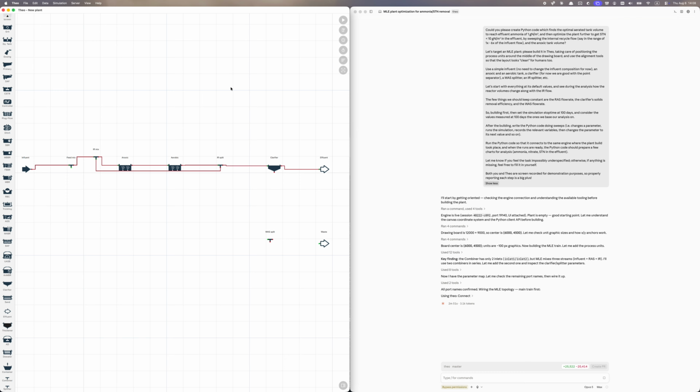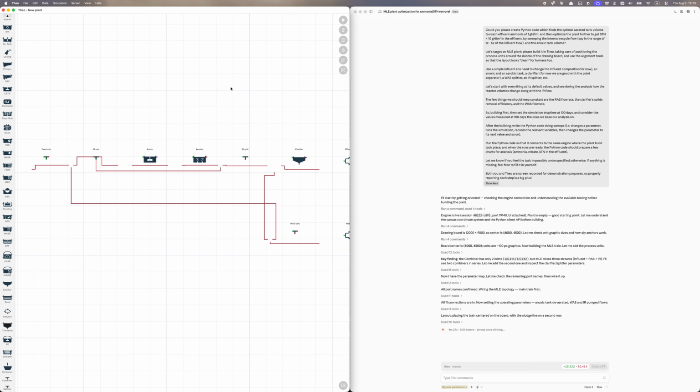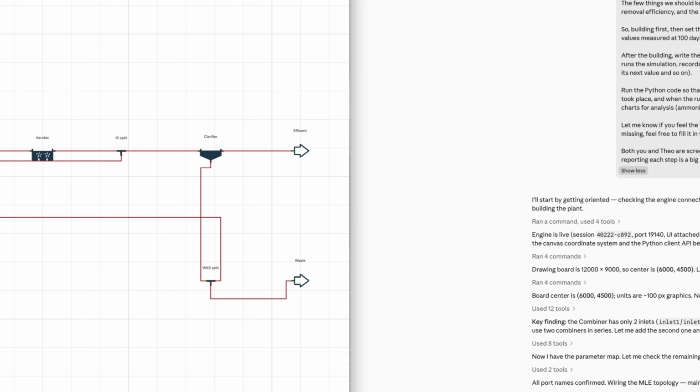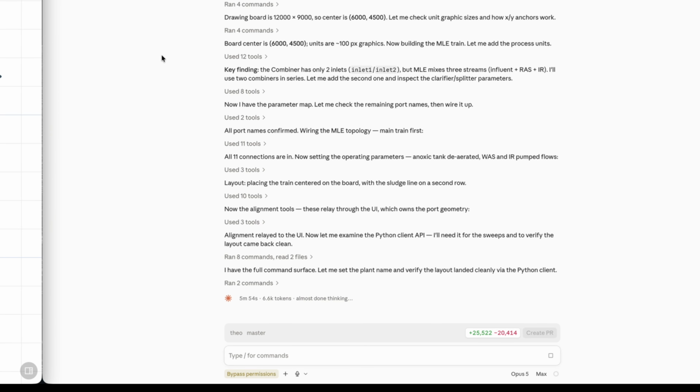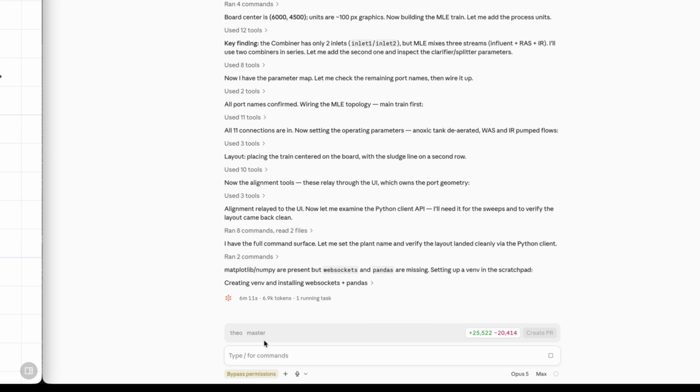when the LLM starts throwing various process units to the drawing board, connecting them. And well, initially this looks like a small child's drawing. It will be somewhat better, still not perfect, but probably you get the idea, like how an LLM can put together this plant schematics for you autonomously. As the LLM starts working on the task,